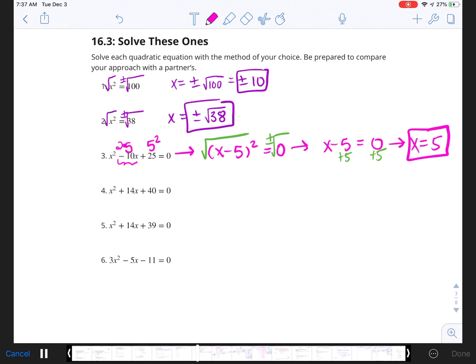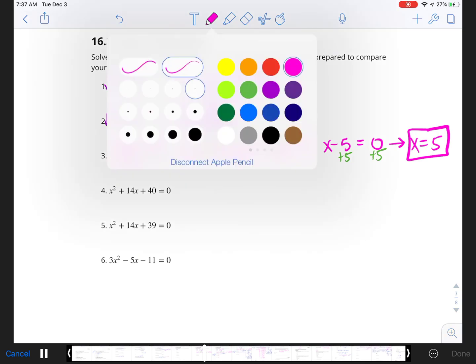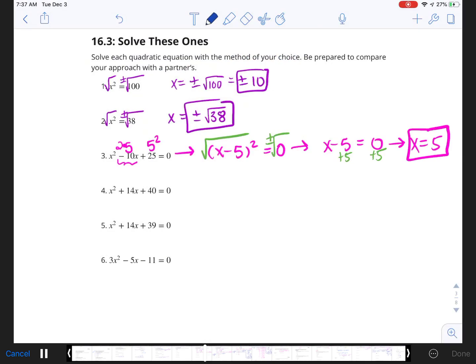So now that I add 5 to both sides, x equals 5. All right, so the next one, I'm going to go ahead and use the quadratic formula. So I'm going to go ahead and write out the quadratic formula for myself on the side. And so my quadratic formula is going to be x equals minus b plus or minus the square root of b squared minus 4a times c all over 2